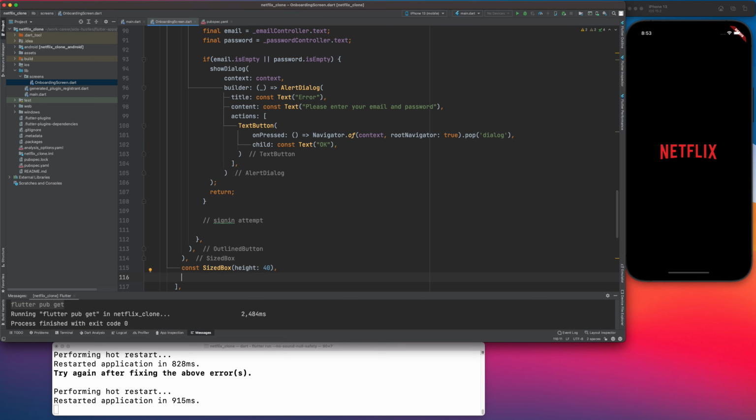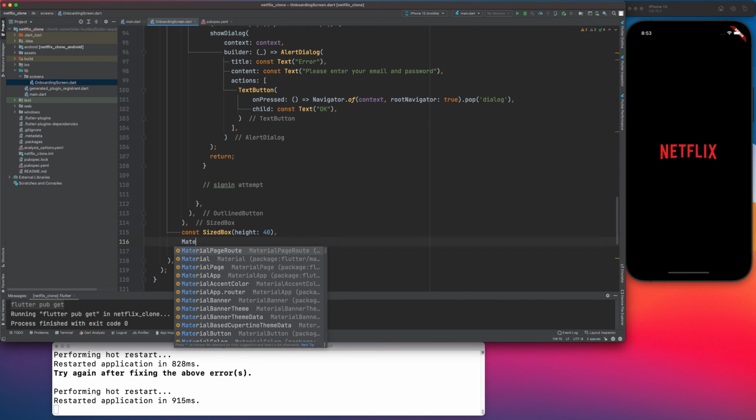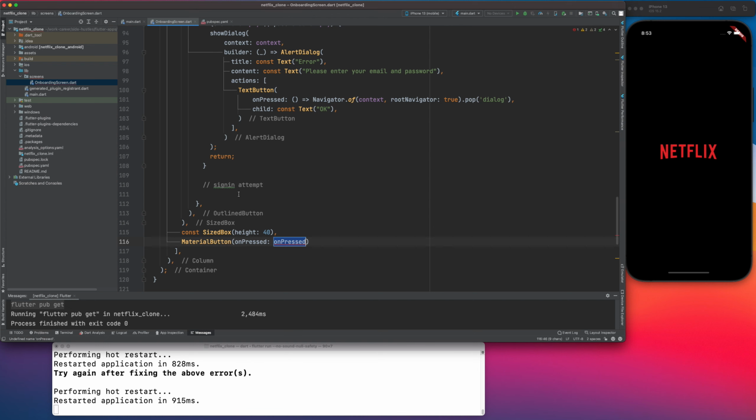40. Now here I'm going to create two buttons. One would be to show that okay, you don't have an account, go and sign up. So that we need to do. So MaterialButton, obviously onPressed will come, but we need child const Text, and here "Don't have an account? Sign up", else style TextStyle